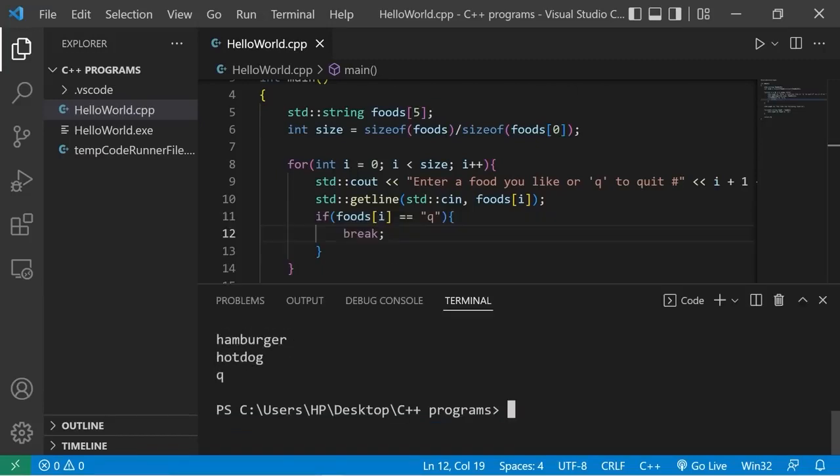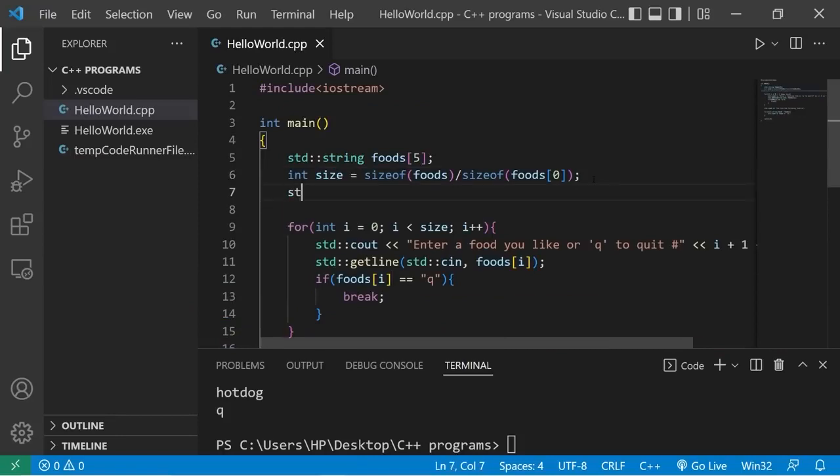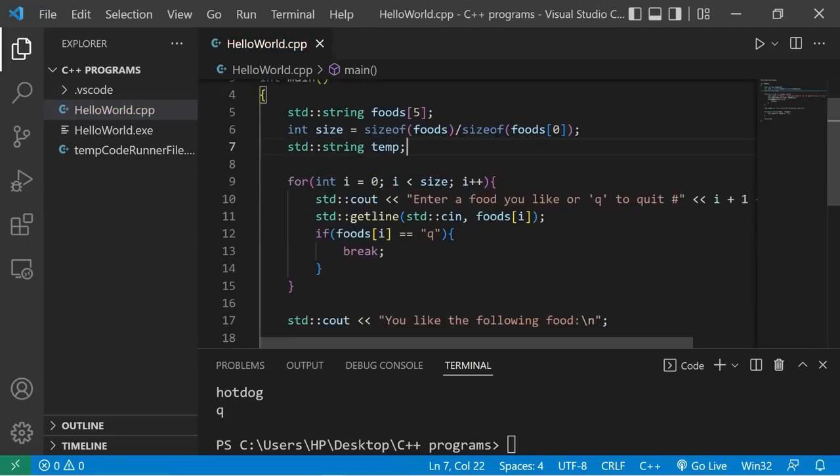I'd rather not put the letter q in my foods array. I'm going to create a temporary variable just to hold some user input. This will be of the string data type, standard string. I'll name this temp, meaning temporary. In place of directly putting my user input into my foods array, I'll place it temporarily